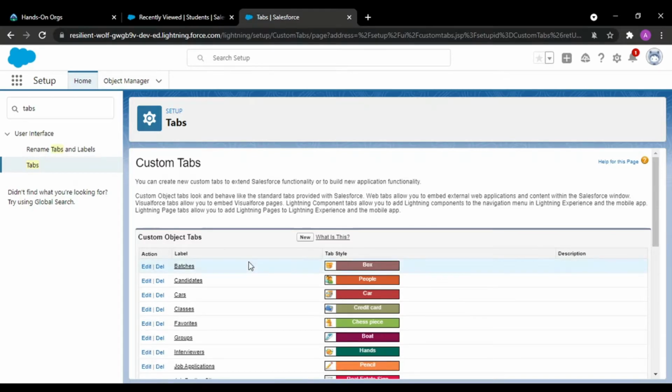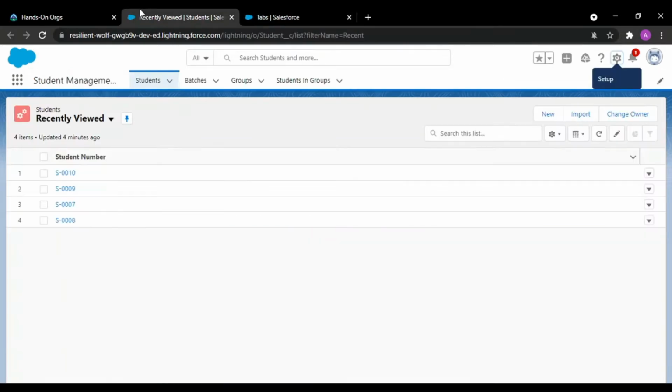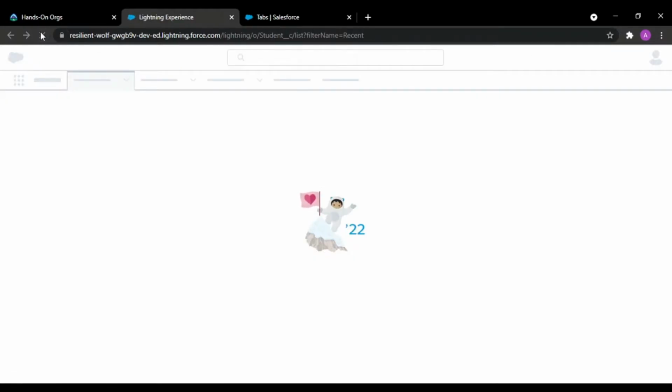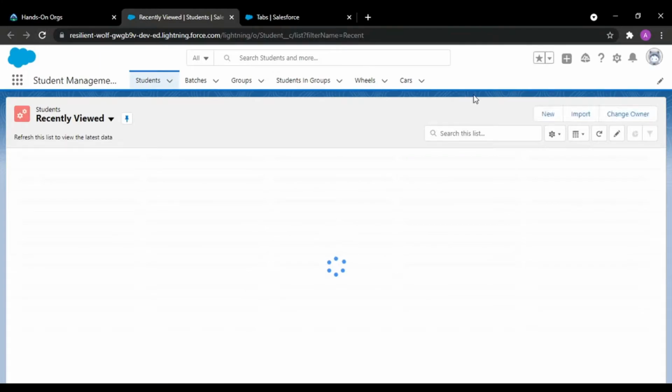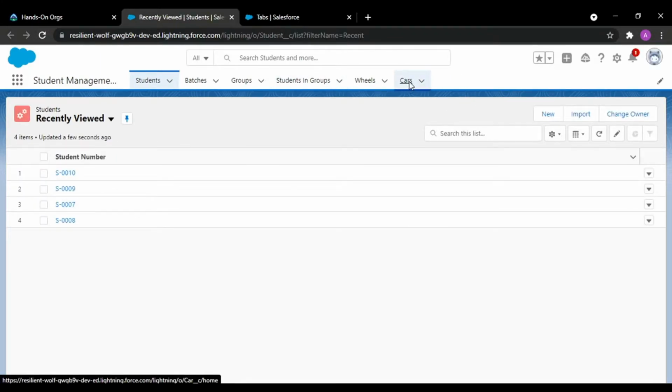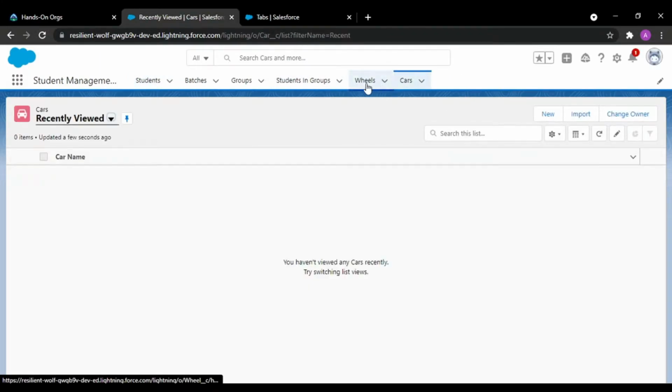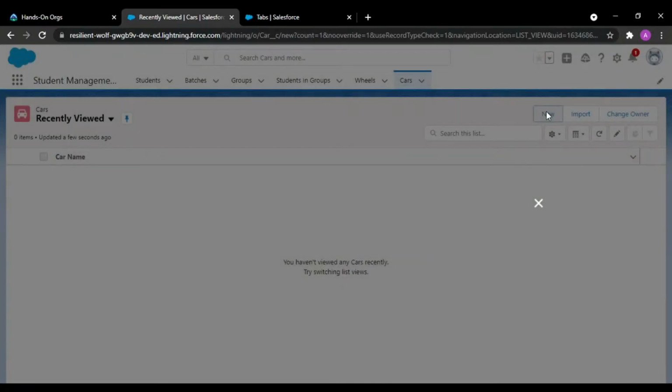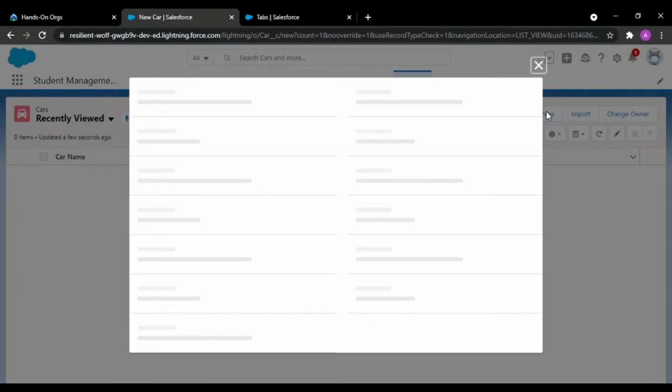So guys, our two objects are created. If we go into the student management system, I have added those tabs into this application, wheel and cars. So there are two objects, no particular association of any kind till now.